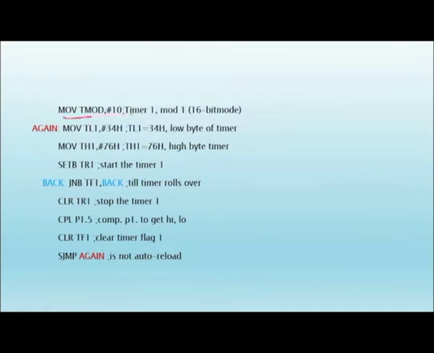So, that value is initialized here. Then we initialized some counter value which is 7634H. After initializing, I am starting the timer. Once the timer is started, the value is automatically loaded in the T1 register, then I will connect it with the timer overflow flag. So, this value will start to count